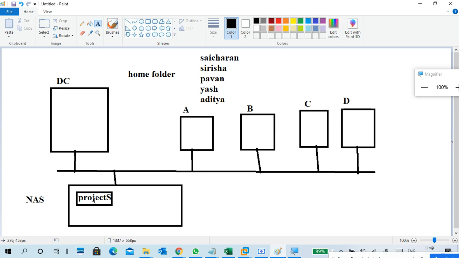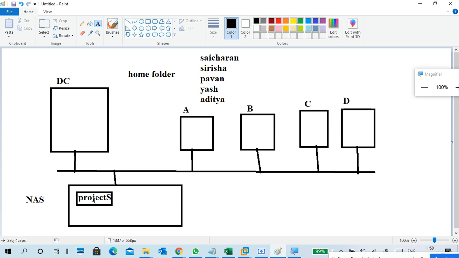The folder contains project related data. It's a shared folder. It contains project related applications or documents. Any project has a lot of documents: what the project actually is, what phase the project is in, what the end output is, what the company is, what the version is, like that. Lot of documents are there. Project software, development progress related and testing documents.